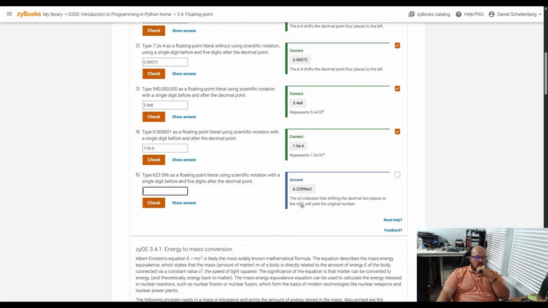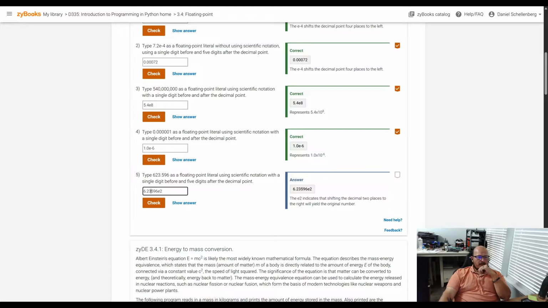The E2 indicates that shifting the decimal 2 places to the right will yield the original number. Meaning 6.23596 E2. So it's saying if it shifts the original decimal point 2 places,